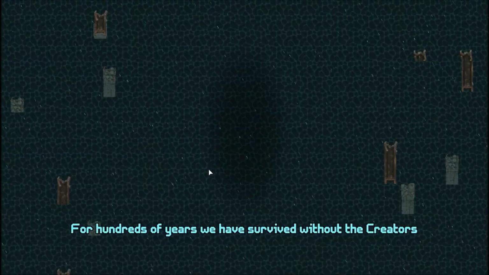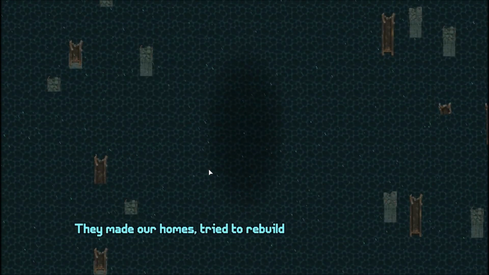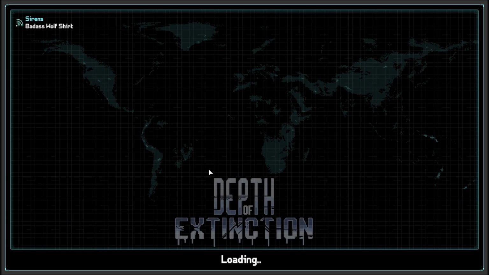For hundreds of years, we have survived without the creators. They made our homes, tried to rebuild, but eventually they fell. We built the Republic from their ashes. Station Zero is our last source of food and fresh water. Danger surrounds us from all sides, and we fear our time is...